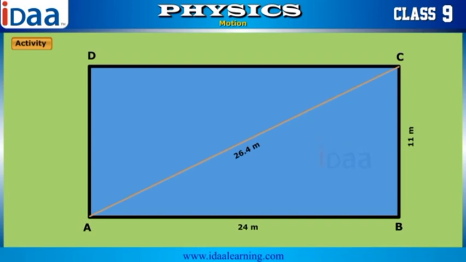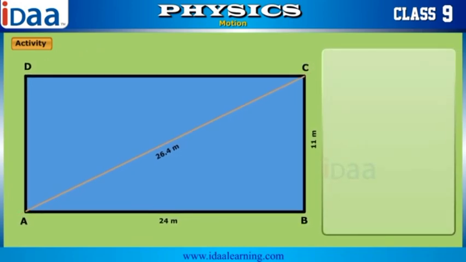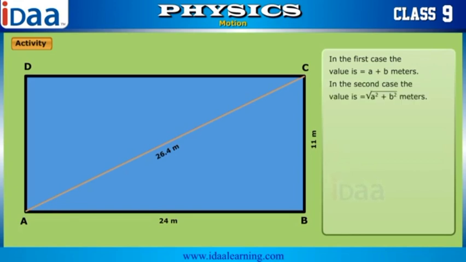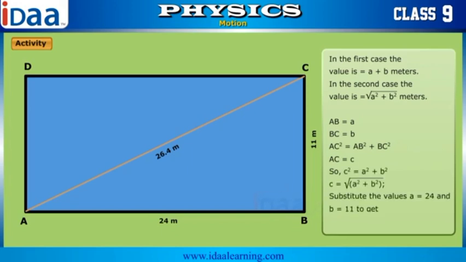The displacement can be directly calculated by using the Pythagorean theorem. The square of the diagonal is equal to the sum of the squares of the sides. And by plugging the values into the equation, we get the same values as we measured. In this case, we find that the shortest route from one corner to the other of a rectangle is along the diagonal.